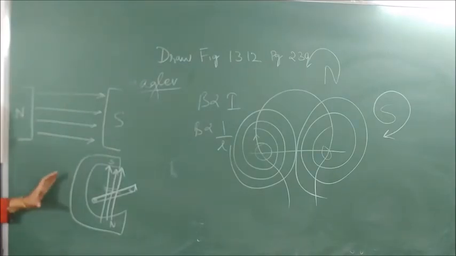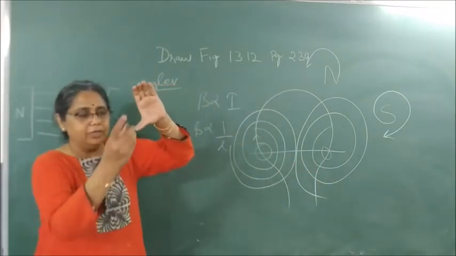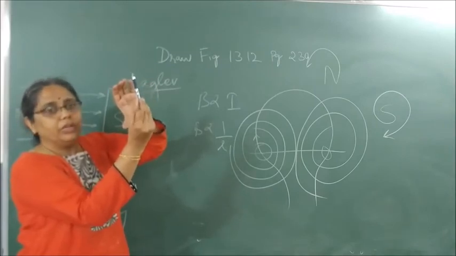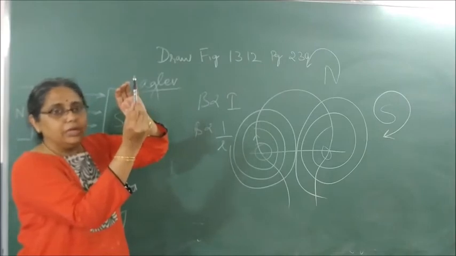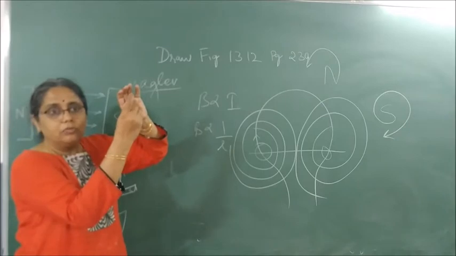And immediately, if this is the way it is, let us see, I'll show you like that. This is the horseshoe magnet. This is the current carrying conductor which we have put. It will immediately jerk out. Understood? So along with this conductor jerking out, the wire is also pulled. So it is called as what wire experiment?